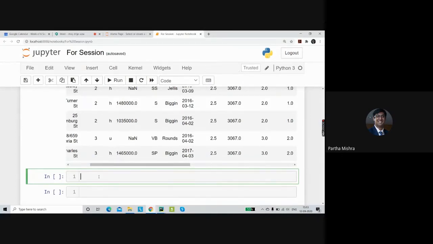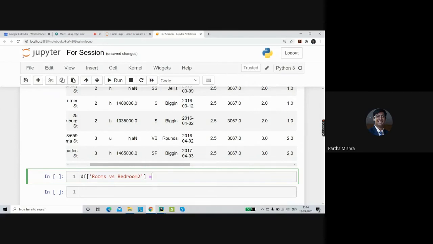To figure that out, the easiest method is to take a subtraction between these two columns. I'm going to subtract the bedrooms data from the rooms data and see if we get zeros. If so, then we need to get rid of one of those columns.